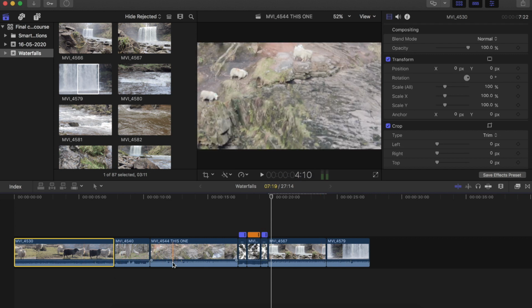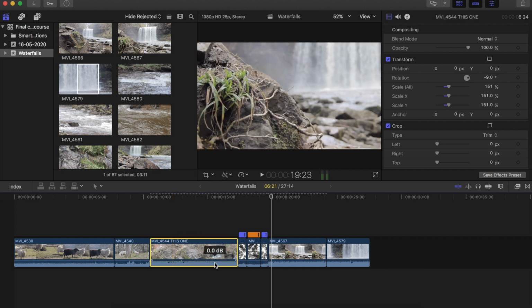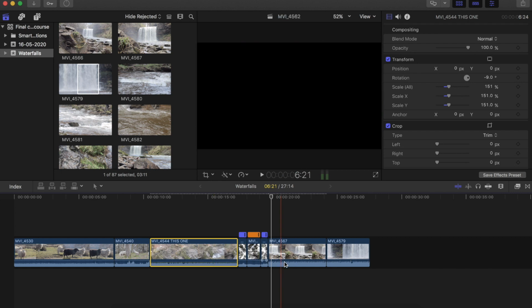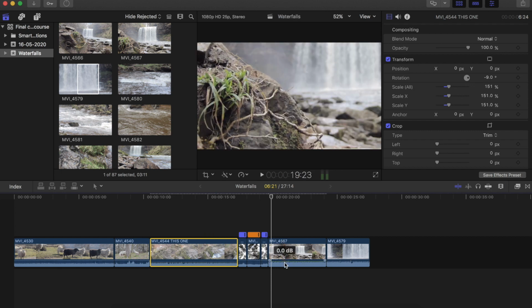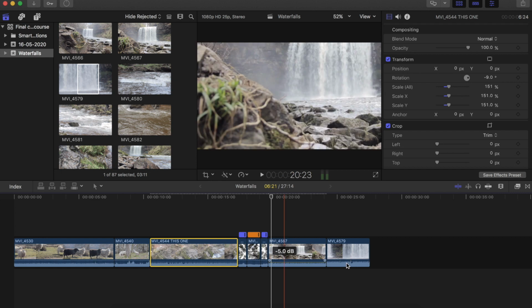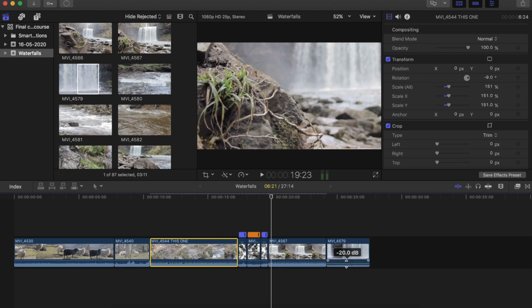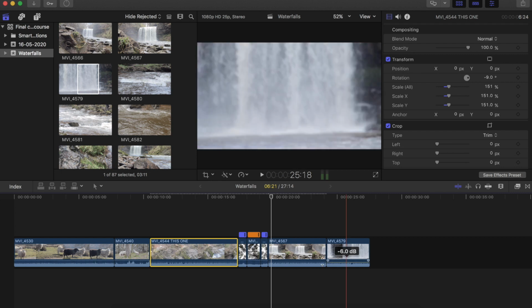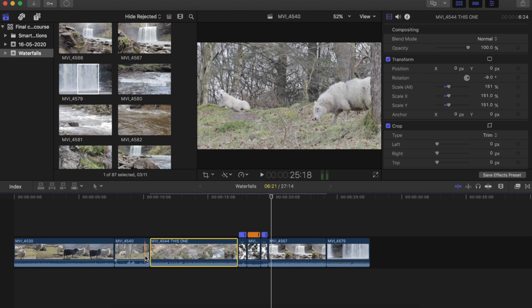I'm going to bring this down slightly so it matches these clips. And I'm going to bring these down slightly as well. There we go. So now that all the levels are correct, we can begin tidying up the audio to create